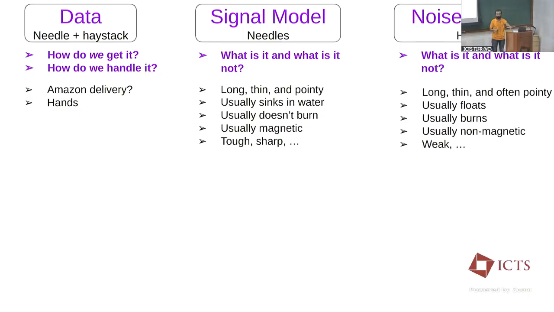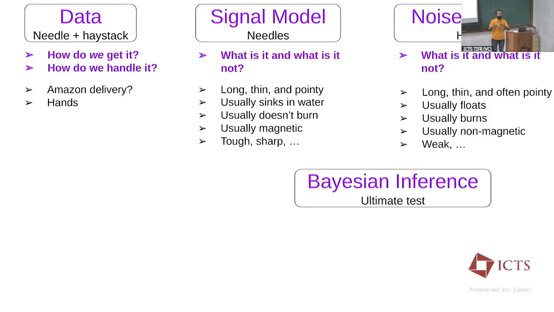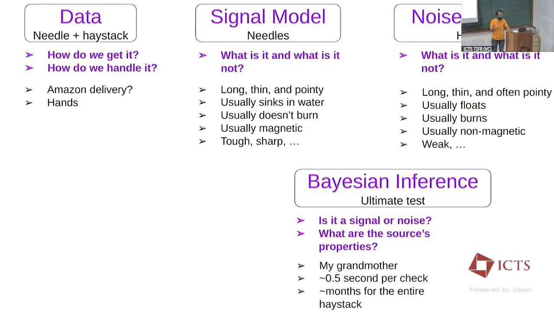So you need to understand both of these things so that now you could say, oh, given this haystack, I can start rejecting noise. And if I find something which looks like signal, I will keep it. And then you do this for the whole stack. So there is some ultimate test that you do, which tells whether a given thing is actually a needle or a hay. What you are trying to know is some ultimate test, which is like the best possible, theoretically best possible thing you could do to tell whether something is a needle or a haystack. In this case, it would be my grandmother.